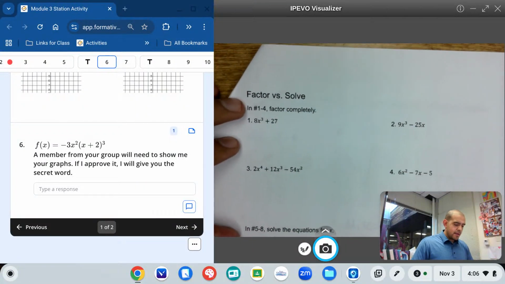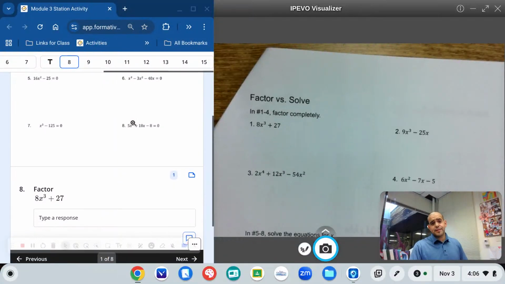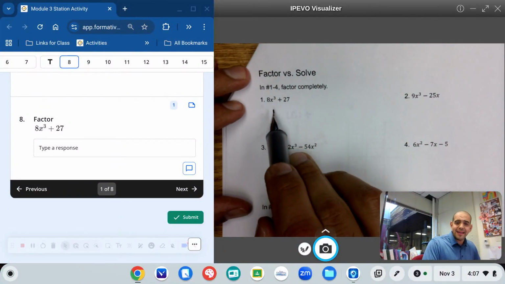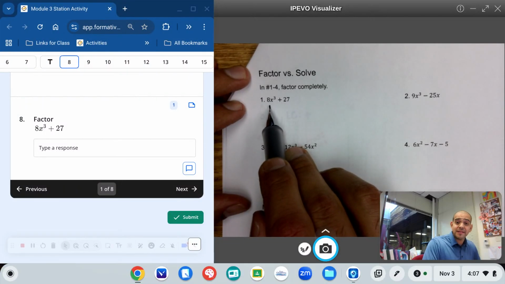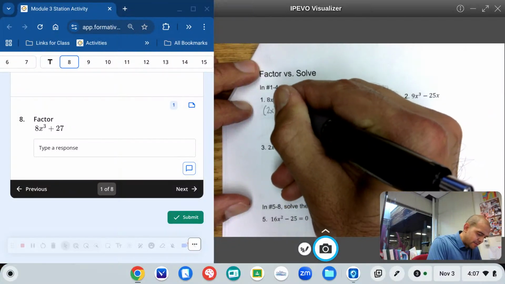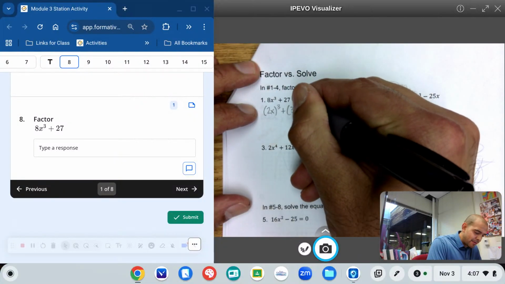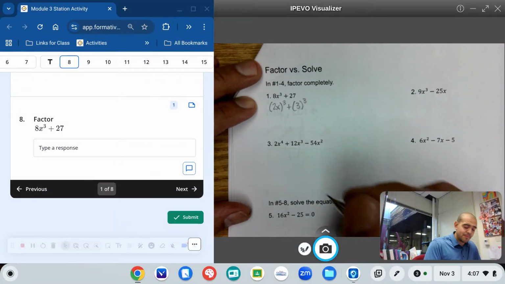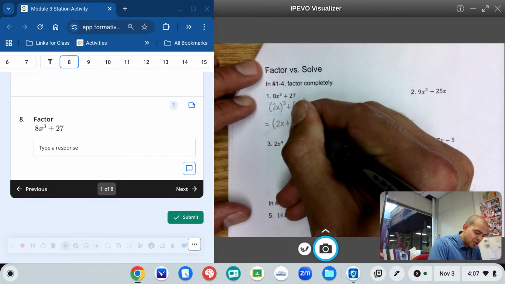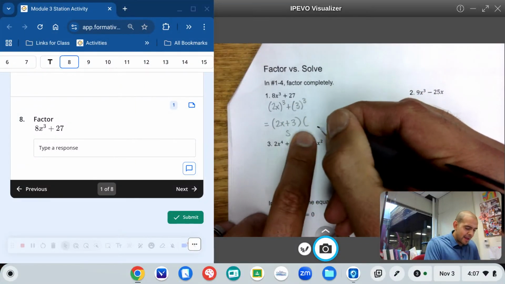Okay, so this one, we're going to do a little factoring. For number one, I have a sum of perfect cubes, because 2x to the power of 3 is 8x cubed, and 3 to the power of 3 is 27. So I'm going to factor this: keep it the same, SOAP, so that's my S, times